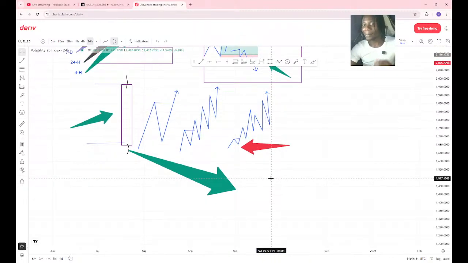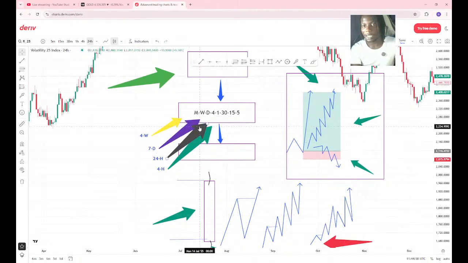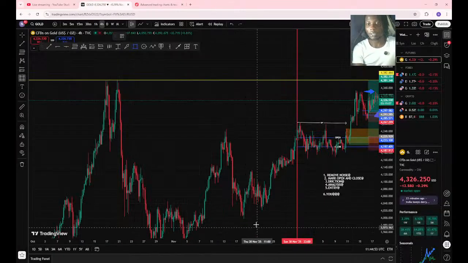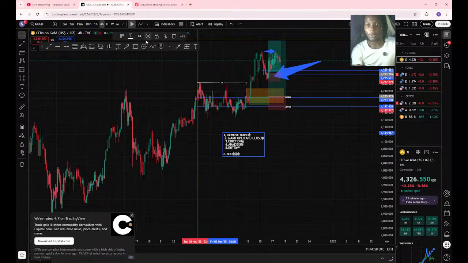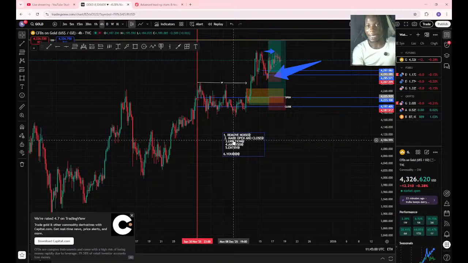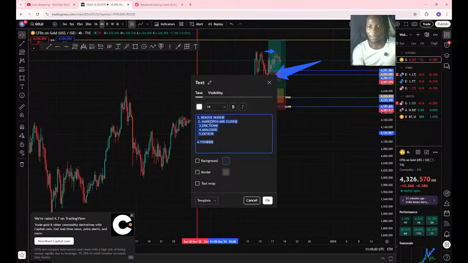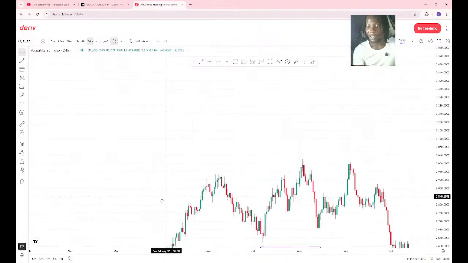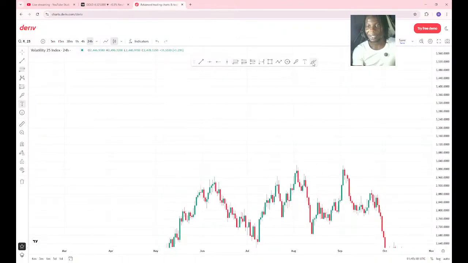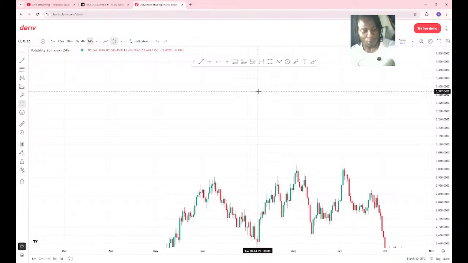So guys, this is how market structure works. There's no big deal about it. Once you're able to figure this out on the chart, it's simple. Let me show you one on the chart. Let's use our simple strategy we have here. I think I need to copy this out. Guys, the strategy is simple, effective, and you can also help yourself out with it. Let me paste it out here so we can get one quick back testing with the replay.